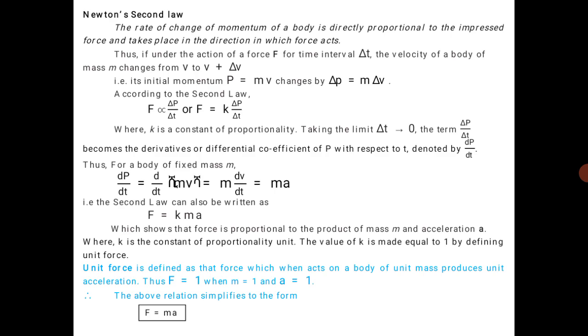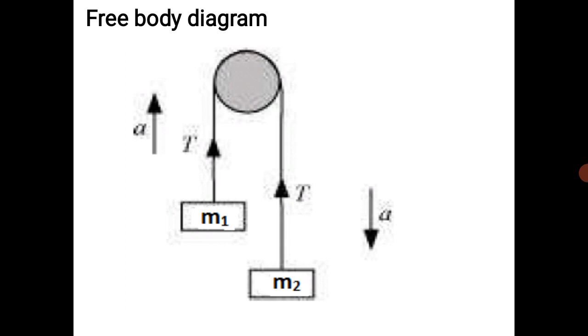When we put F equal to 1 on M equal to 1, we are getting a equal to 1. So simply by substituting the values of F, m and a, all 1, we are getting the value of K as 1. The value of K is 1 means the above equation, that is F equal to K times ma, we can write as F equal to ma, that is force equals mass into acceleration. Clear? Okay,